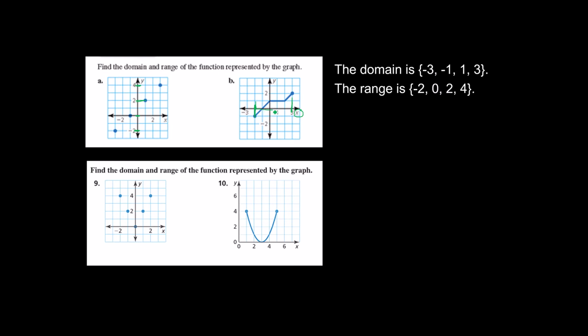Your domain is all the x's that are between here. Can you write an inequality that gives you all the x's between here? This is what that's going to look like. The domain is all x's as long as that x is between -2 and 3. Notice I'm using a conjunction that we learned about in our inequalities unit that we just wrapped up. This conjunction is x is greater than or equal to -2 and x is less than or equal to